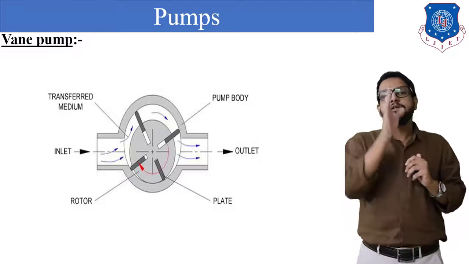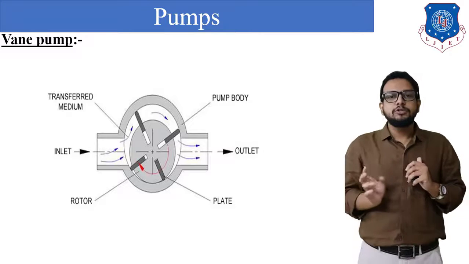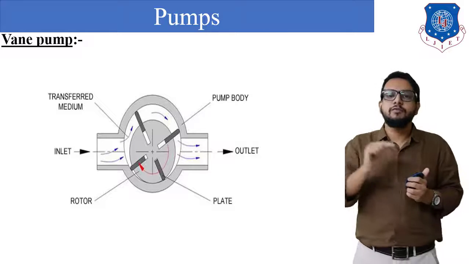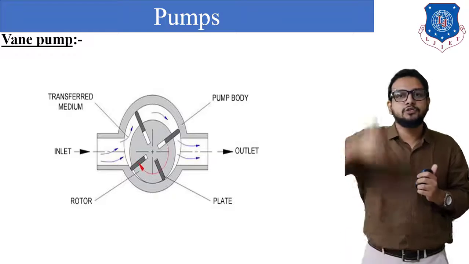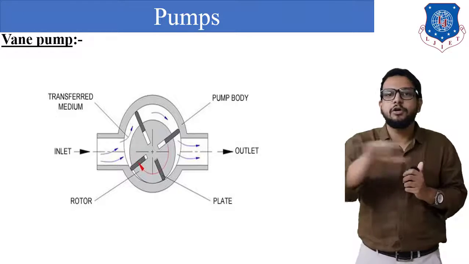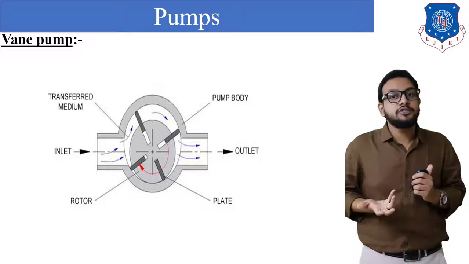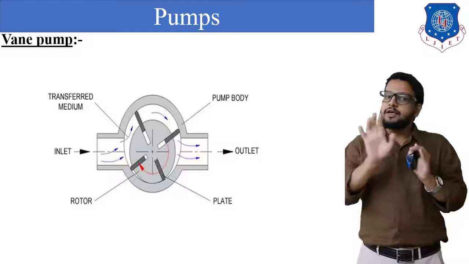So this is how this vane pump is going to convey a liquid from one side to the other. Also, it has a characteristic that it can only transfer a liquid in a horizontal direction. We cannot use this pump for lifting water from an underground surface to a terrace, that is in a vertical direction. It can only convey in a horizontal direction. Why? Because it cannot generate sufficient pressure energy. So for conveying liquid from one place to another place, it is suitable.